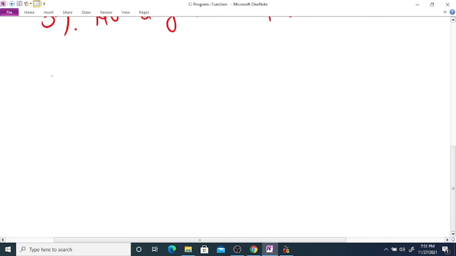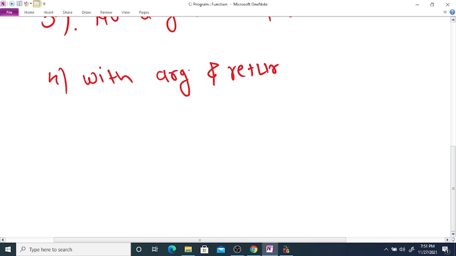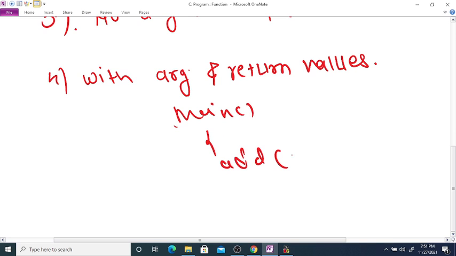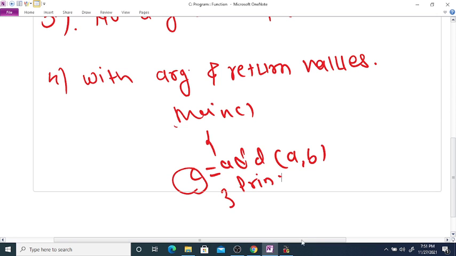Here we are going to pass arguments from the main function, say add(a, b), and we return the addition from the user defined function, assign that value to c, and then print this c in the main function.